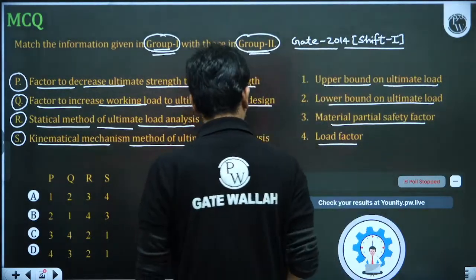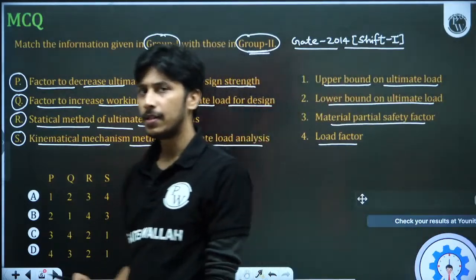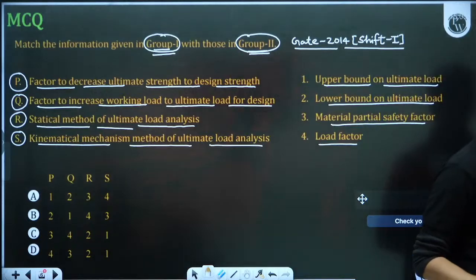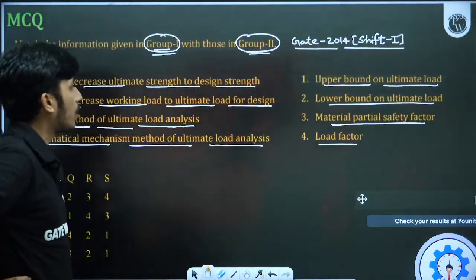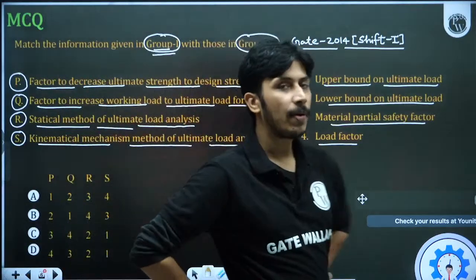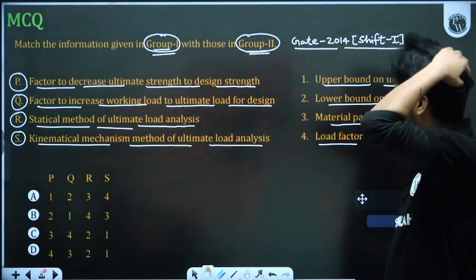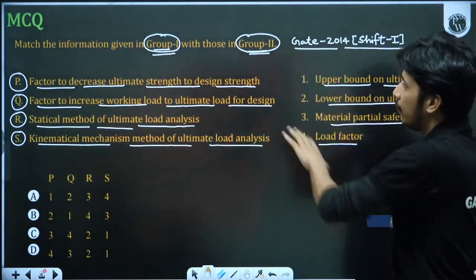Okay. So first of all, you must understand, because from the last 10 to 12 years, this thing has been asked. Okay, shift 1. And I think this has been asked for 1 mark. I don't think that this will be asked for 2 marks. So what is the main thing here? The lower bound and upper bound mechanisms are mainly defined in steel structures. In steel structures, it is defined. So always remember, this question is actually from steel structures.